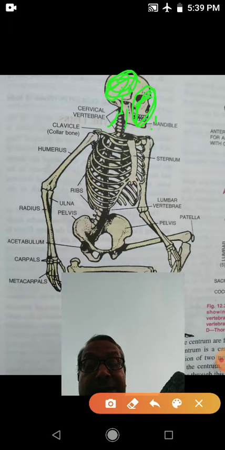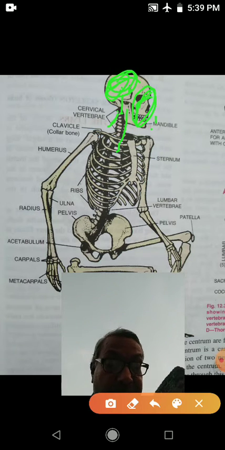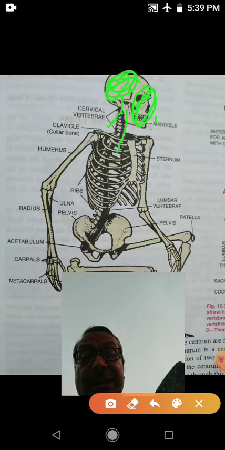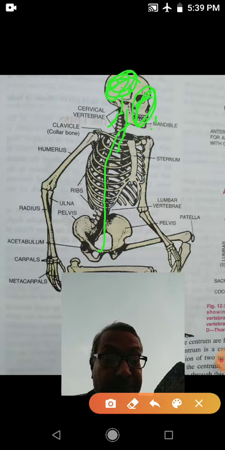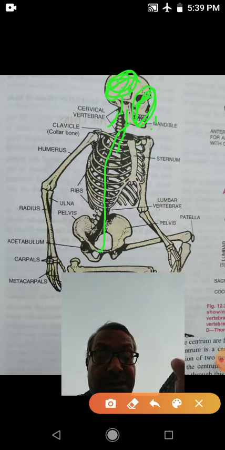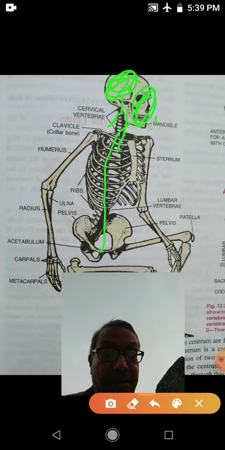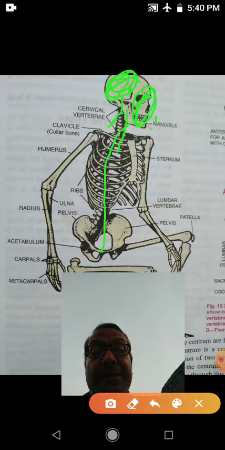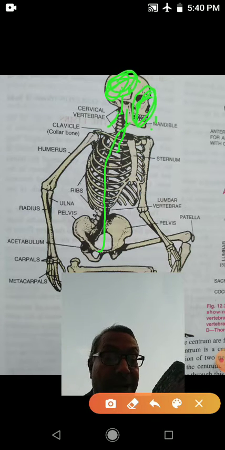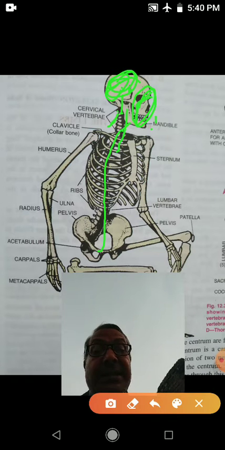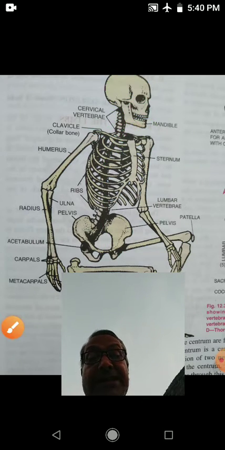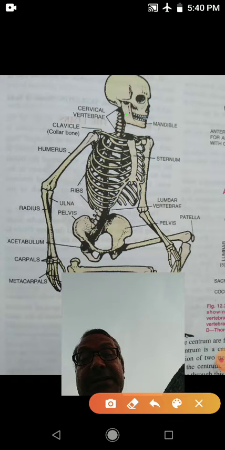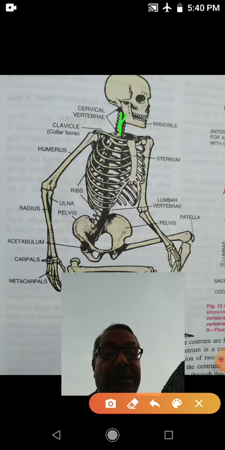Now next is the vertebral column. The total number of bones present in the vertebral column is 33. These are the ring-like bones that form the backbone. These ring-like bones are called vertebrae, and these vertebrae are divided into 5 parts. The first one is the cervical vertebrae, that is the neck vertebrae. So in the neck region, the vertebrae are present. This portion is called cervical vertebrae.